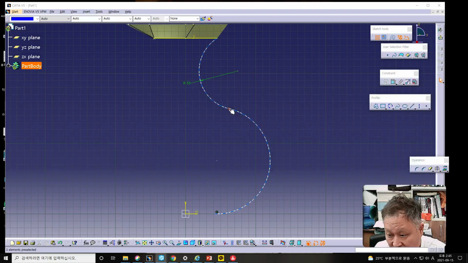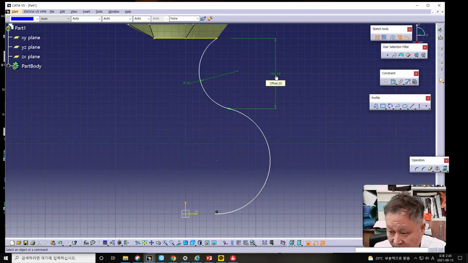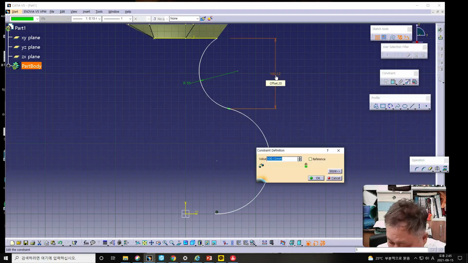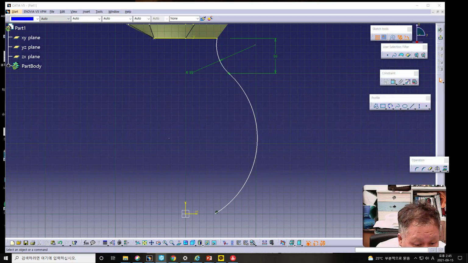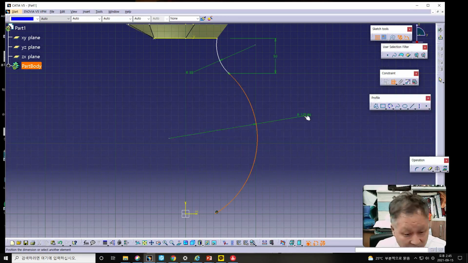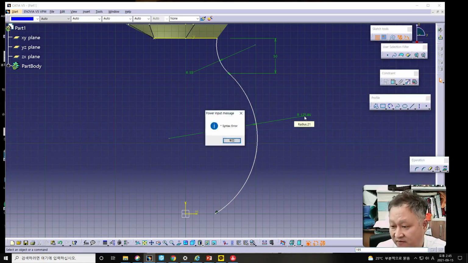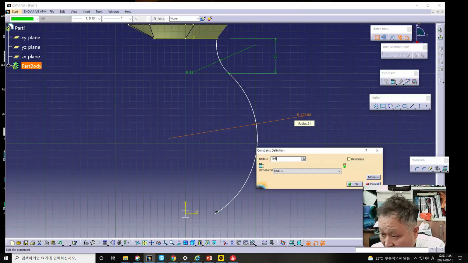In this case, this point between this line should be 50 millimeter apart, and in case of the next arc, this arc has a radius of 195 millimeter, like the drawing,